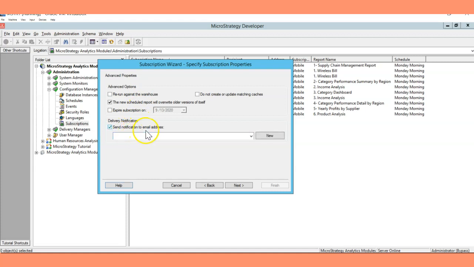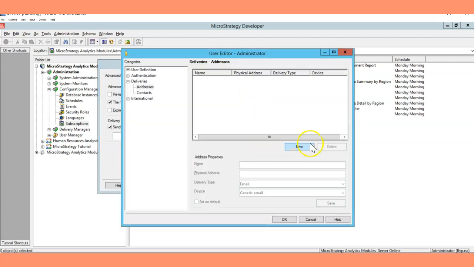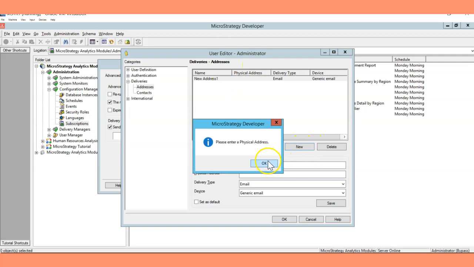Depends on if you just want to send the notifications to an email. So you can go to here, and you can select the email's address, though we don't have any. If you just want to create from this wizard, you have the option, and you need to hit new, then hit new for the delivery address here, and then you can enter a username, any names here, and your physical address and their delivery types, right? So you can select these options here to use your delivery options here.